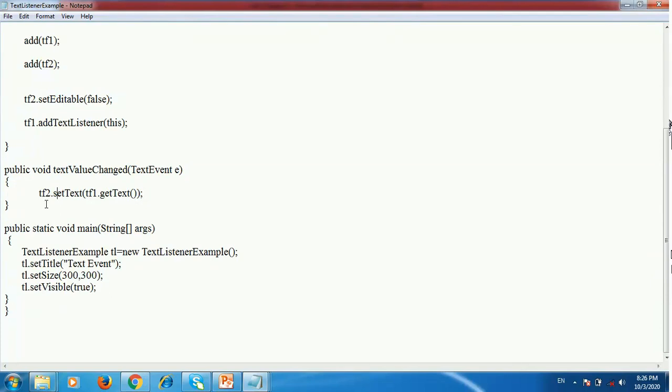In the main method, create an object of the class TextListenerExample, t1 is equal to new TextListenerExample. Then the setTitle method is used here to set the title of the frame window. The setSize method is used to set the size of the frame window. And the setVisible method is used to make the frame window visible.